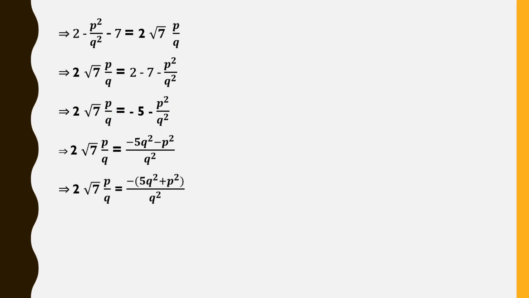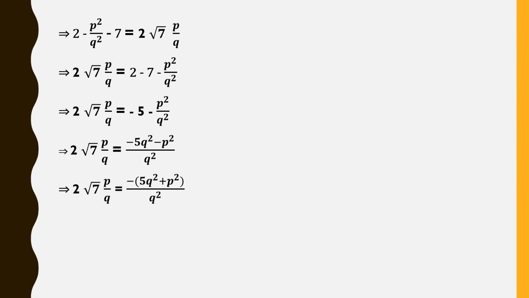I took the LCM, whatever there is here, give it to this one, because here no denominator is there. If no denominator is there, it is 1. When it is 1, the same thing will be given to this one. So minus 5q square minus p square by q square. We took the LCM, finished. Now send this 2 here, or you can send p by q there. But here one thing you should remember, here 2 is multiplying, so it goes as division.